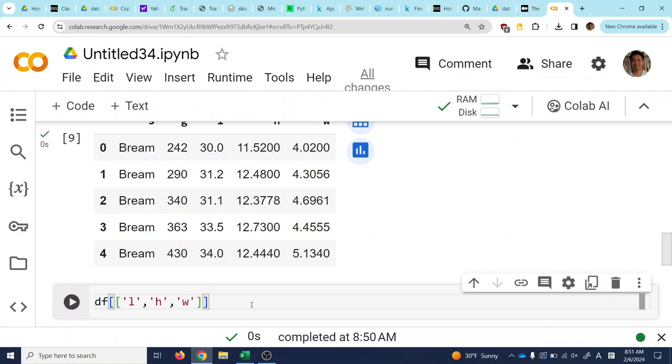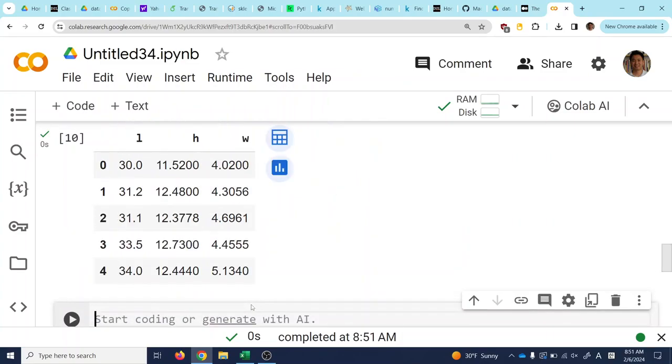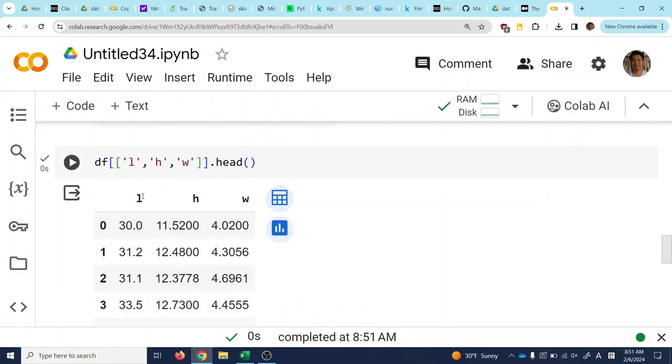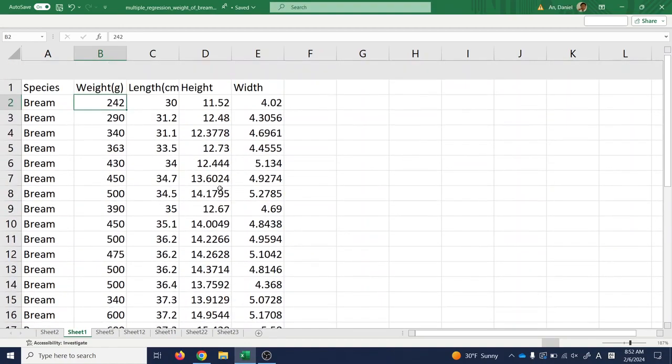So if I do this and then do head, then you'll see now that it's only giving me the three columns, length, height, and width. Okay? All right, so with this, I'm going to show you two ways to do the linear regression. Oh, actually three ways, because I will also want to show you how it's done in